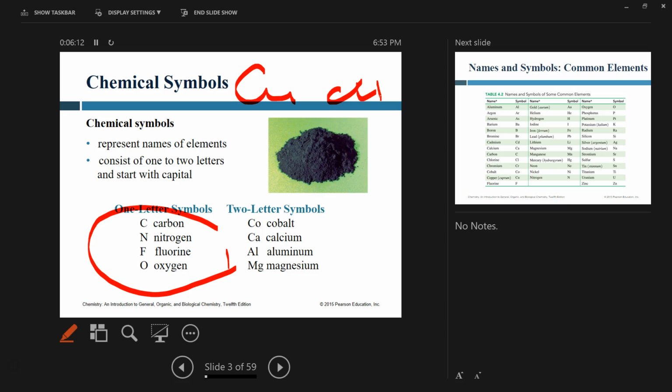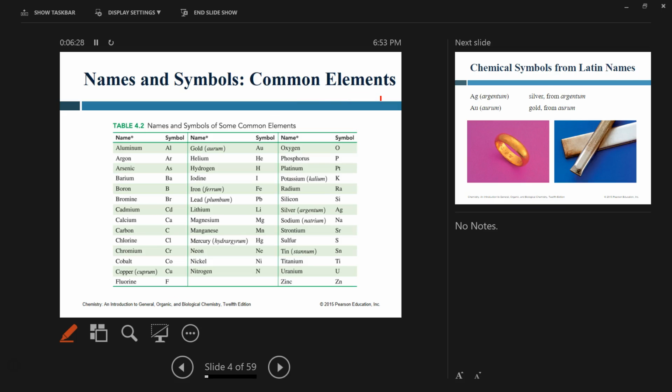Am I clear? So if you say we take copper, copper is just a normal word. It's not a personal name. We take iron, iron is a normal word. It's not a personal name. You clear? Now this is a bunch of names in which I want to point your attention to some sort of